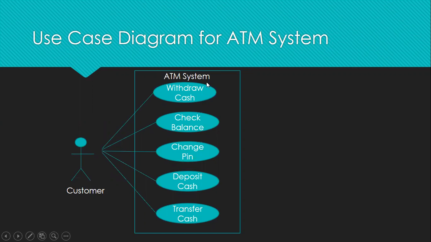So these are the use cases that are happening inside the system. Methods, right? Methods, or you can say functions. So who does withdraw cash? The customer interacts and does this use case. They can check balance, change the pin, deposit cash, and transfer cash. So all these functions can be done through an actor. So the actor is interacting with this ATM system. Okay, there are no other actors. So these are the use cases. Clear? So another use case has been given.